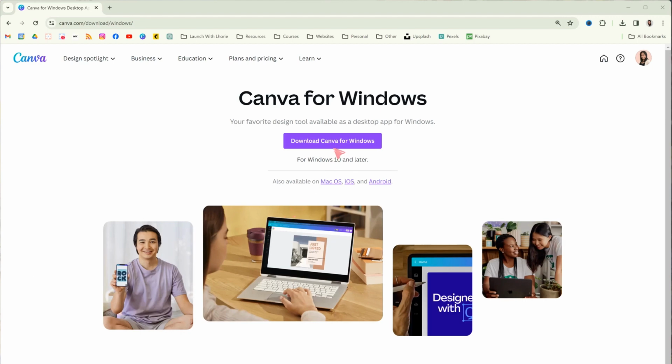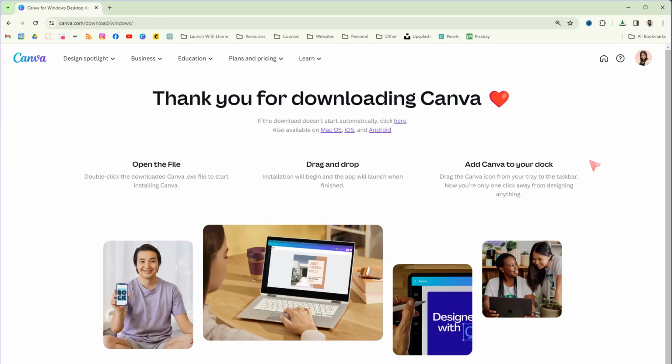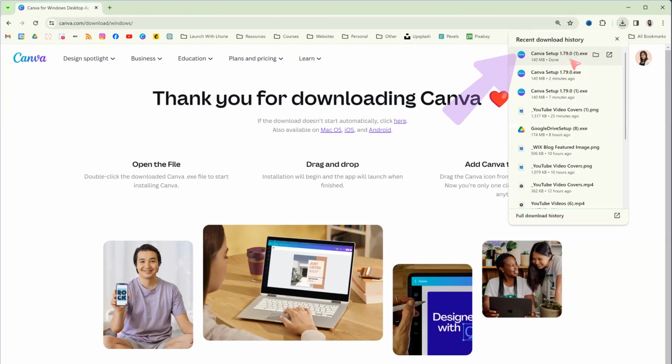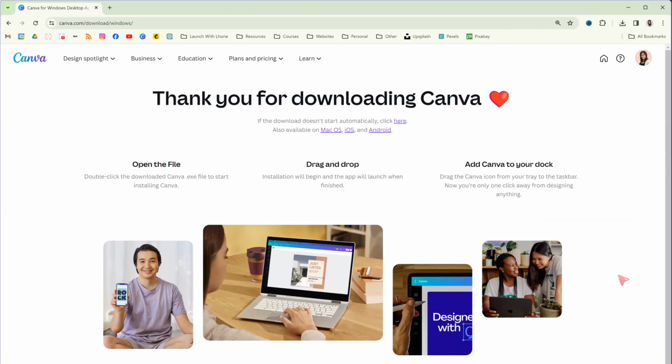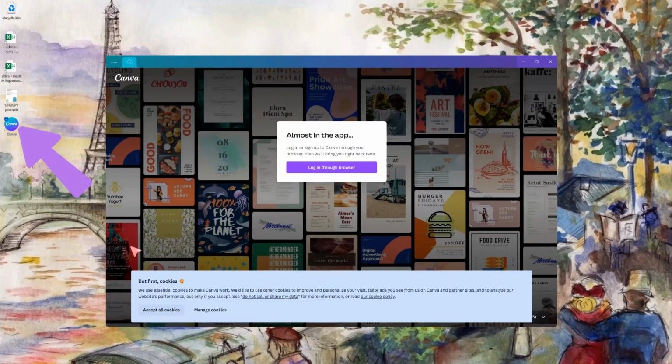Click on the Download Canva for Windows button. To check on the progress of your download, you can click on the download icon here at the top. And once complete, go ahead and click on the Canva setup to open and proceed to the next step. Once your download is complete, you will find the Canva app shortcut on your desktop, and it will automatically open